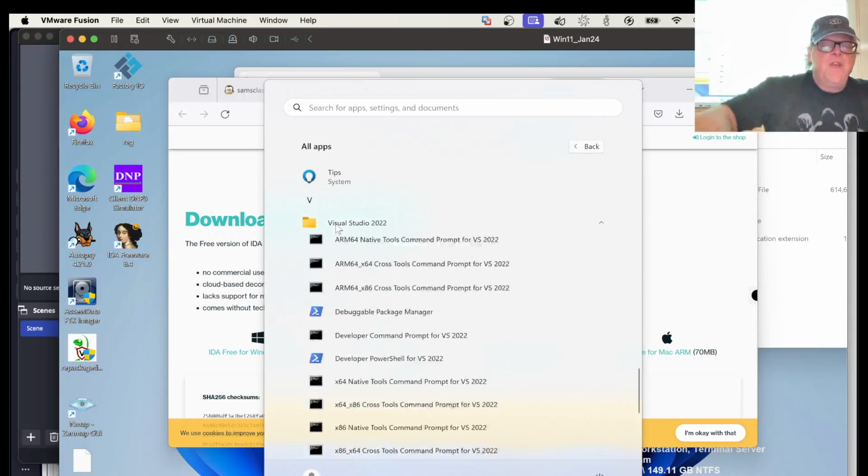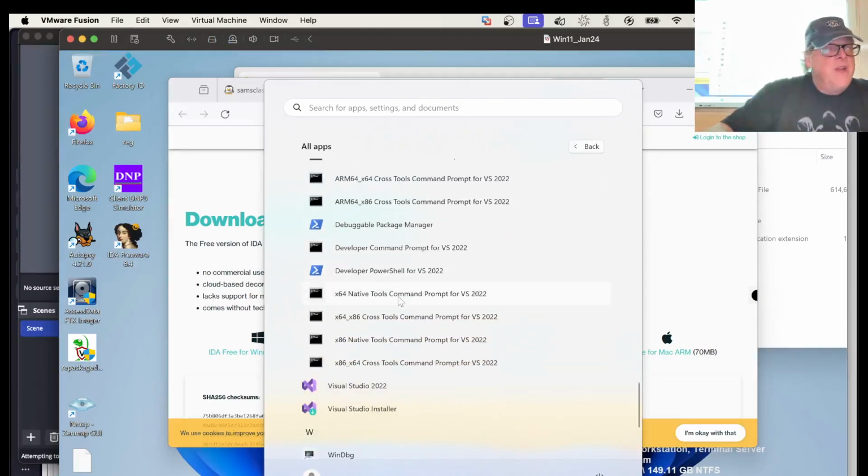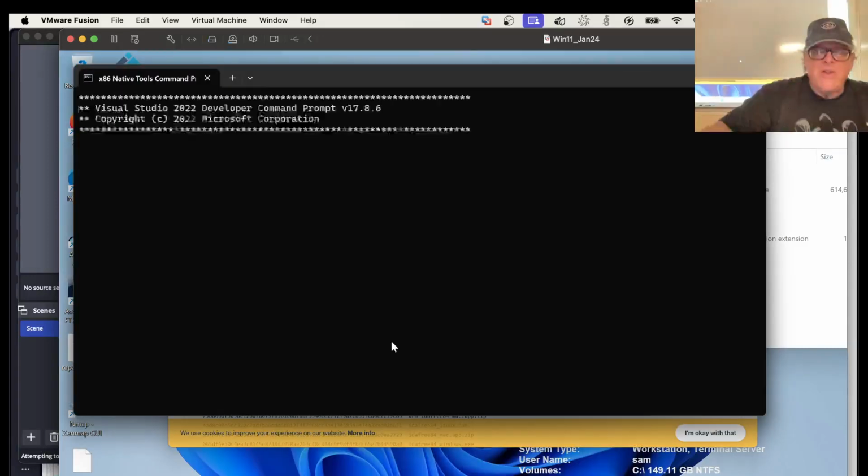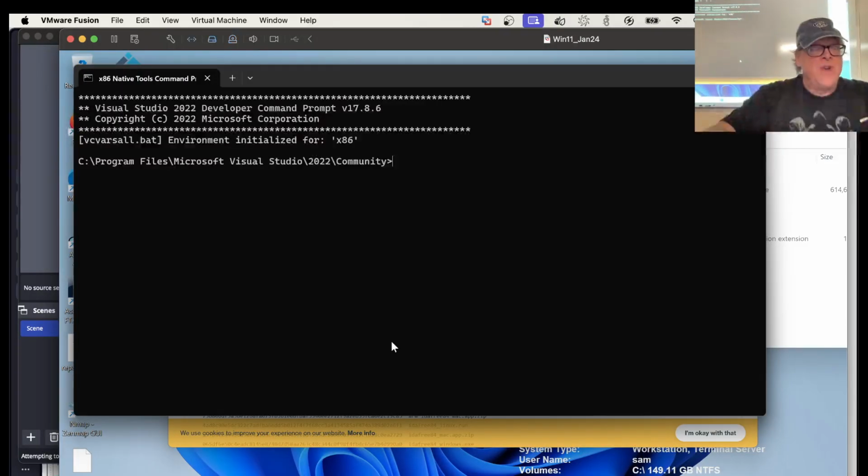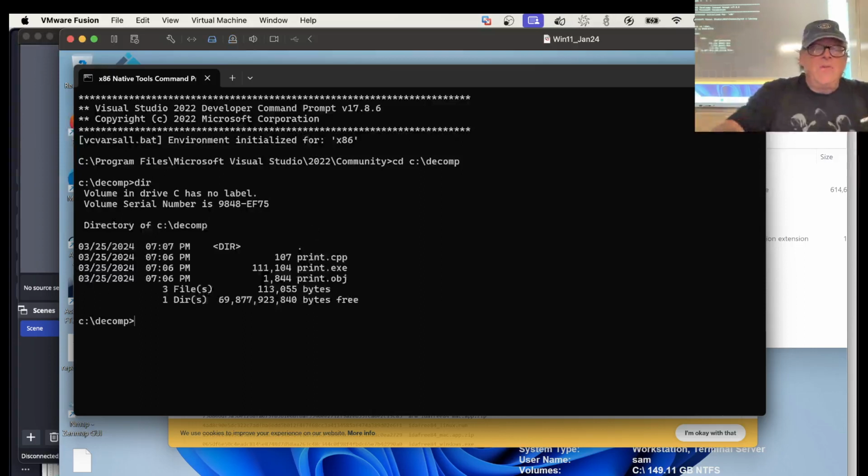Then you go to Visual Studio, and here you have a lot of different kinds of tools, but you can make an x86 native tools command prompt, which is 32-bit Intel code. You can make it on the Mac, on the Windows on ARM, and you can run it on Windows on ARM. So I've already made the folder here as cdcomp, and then if I do a directory,